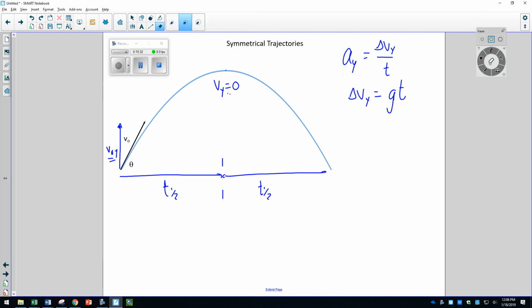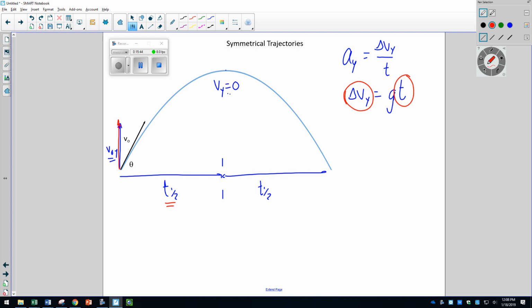Since g is constant, it means that how much velocity changes is proportional to time of flight. So in one amount of time, velocity changed from this to nothing. In the same amount of time on the way down, velocity's got to change from nothing back to this, but in the downward direction. That's our constant vertical acceleration of g. So here's v final y at the end. Check this out. So this tells us something important. These two vectors have the same length. Those two vertical components of velocity have the same length, and that happens to be true at any two places